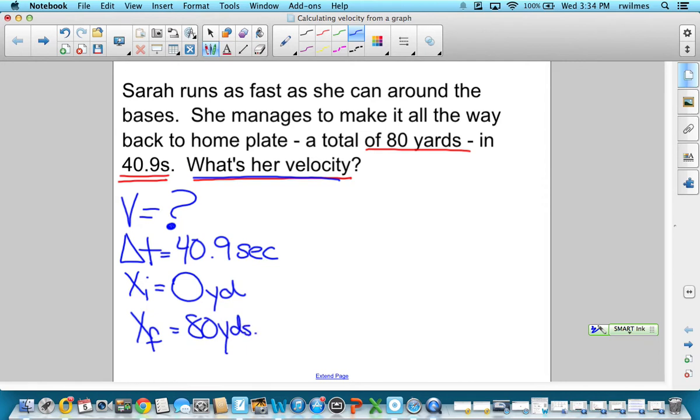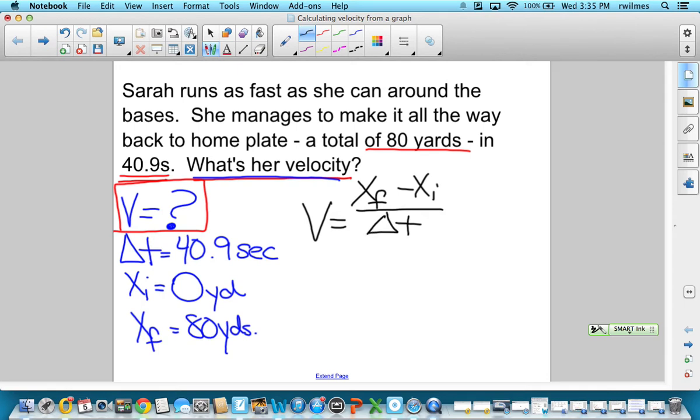What are we trying to find? Well, we don't know velocity, and it asks us what's the velocity, so that's the formula I'm going to use to find velocity. So we're going to look on our formula sheet, and we're going to write it down because we know that velocity equals final position minus initial position all over change of time. Here we go. Let's plug in what we know. We've got a final position of 80. Minus my initial position of 0, all over a change of time of 40.9